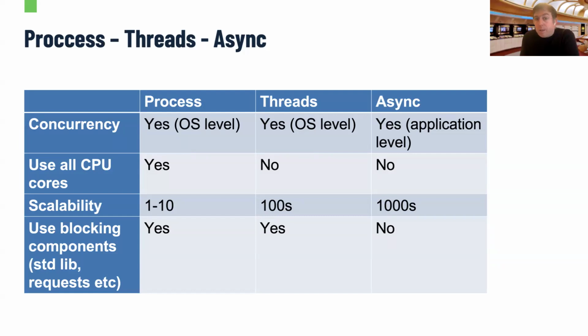But the problem is that you let the OS schedule your code, and you can't really control it manually. And then there's Async IO, where you can handle multiple thousands of scalable small components. You call them coroutines, and it's at an application level. So this is what we're going to look at today. We're going to see how it works, and how you can control it.